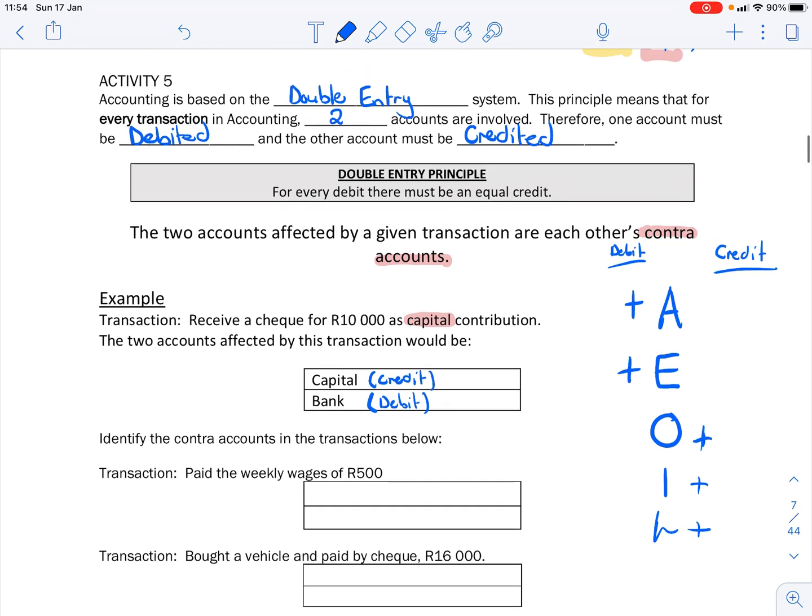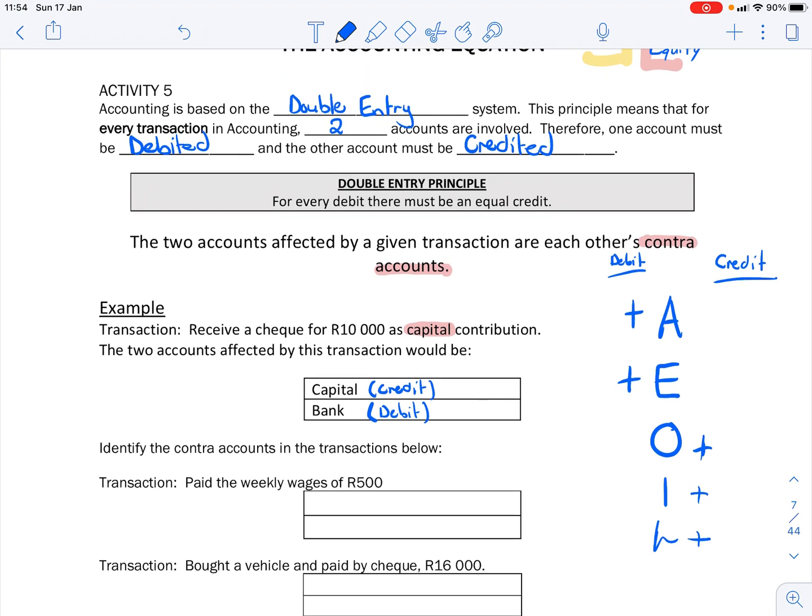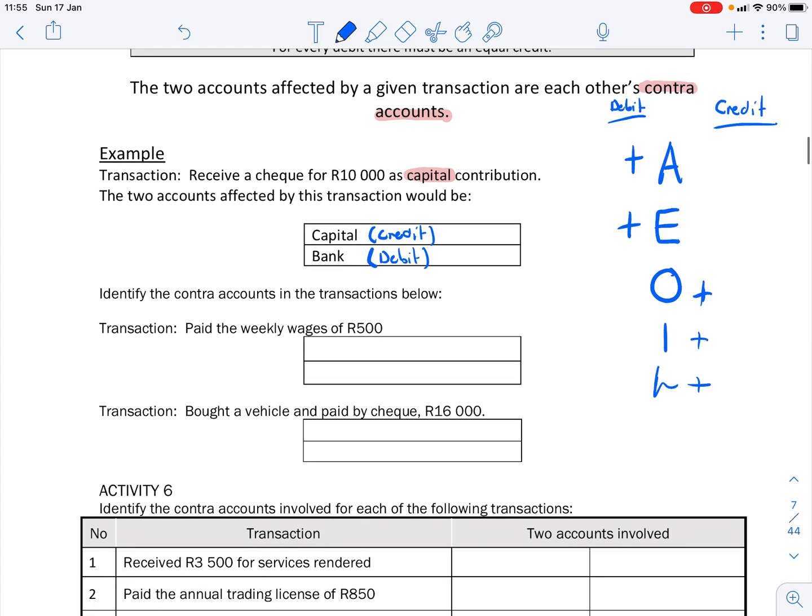Now, if we look back at our double entry principle, we would credit capital with 10,000 Rand and we would debit bank with 10,000 Rand. We have an equal debit and an equal credit. If we look at the next one,